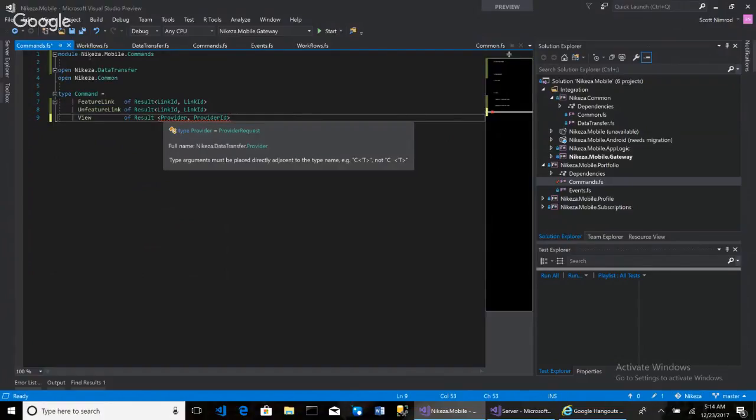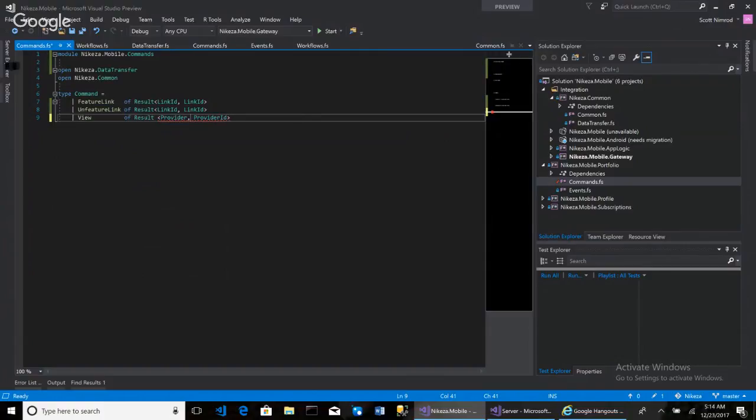Provider, provider ID. Why did I get a red squiggly? I don't understand. Type arguments must be placed directly adjacent to the type. Okay, so I don't understand what that means. I'm hungover right now. So this looks like the same pattern. Result, you say command case of reserved word results, and for